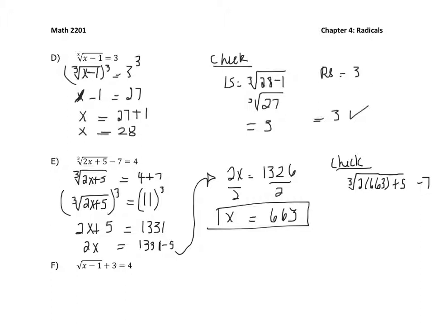Which is 11. Oh yeah, I should have known that from over there. Anyway, so this would be the cube root of 1331 minus 7, which is going to be 11 minus 7, which is equal to 4. So that is what we wanted. And the next one,